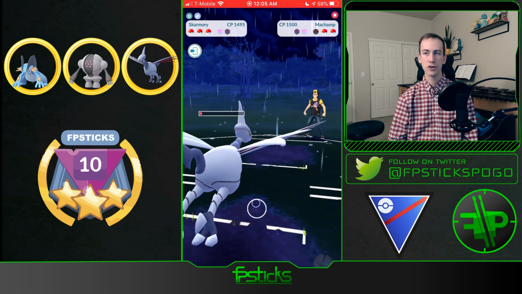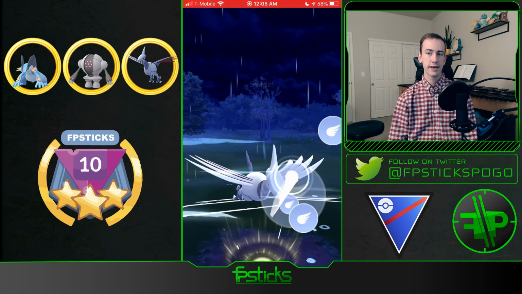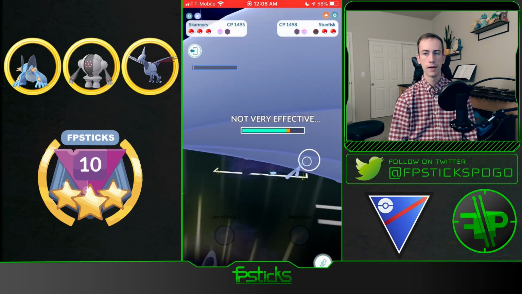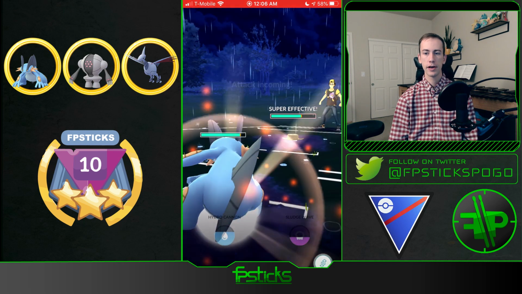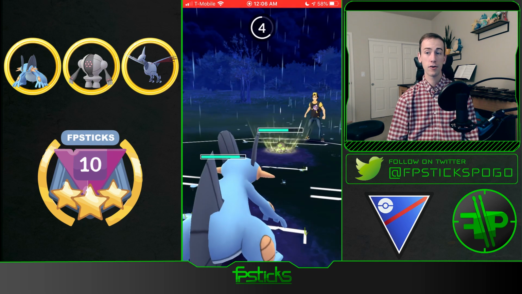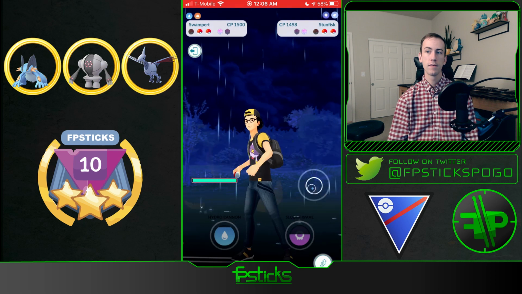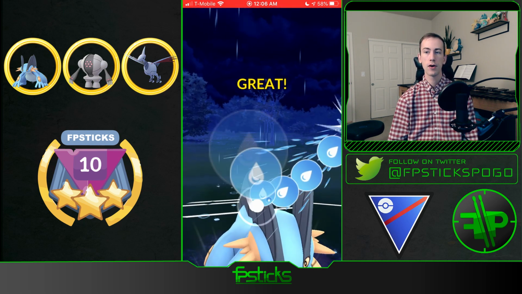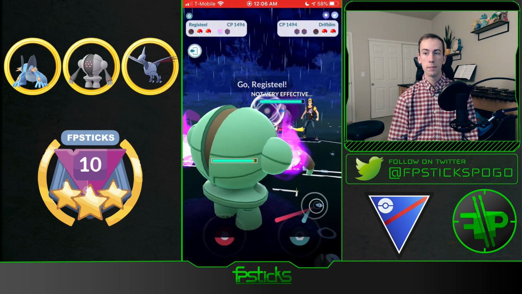Stunfisk is going to come out and mud shot me down for sure. I'm able to get to a last second sky attack, which is some nice chip damage for sure. Gonna let this go down. For sure gonna be bringing out Swampert. I can survive an earthquake from this range, so I'm gonna let this through. It is an earthquake. My opponent switches into Driftblim. This is actually a problematic scenario for me here. They shield up that